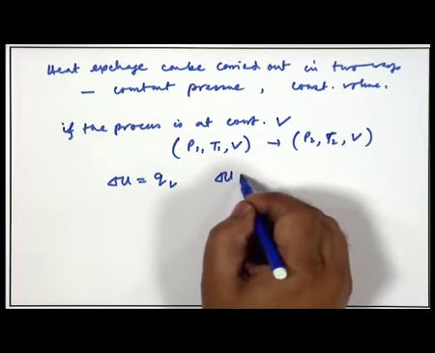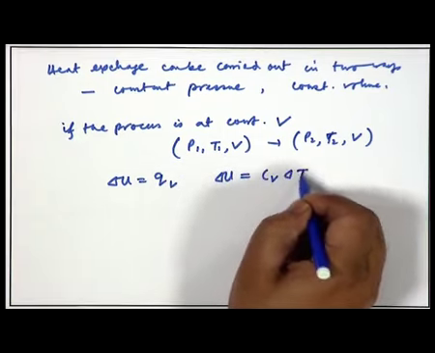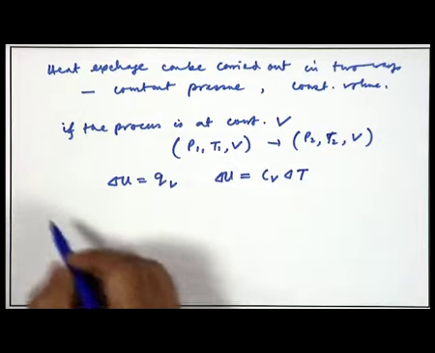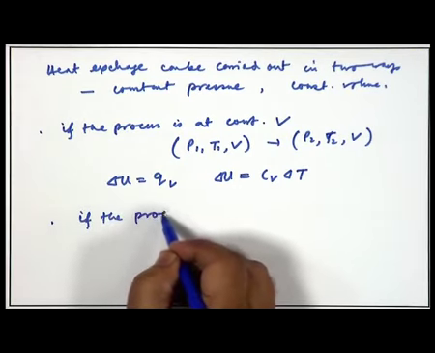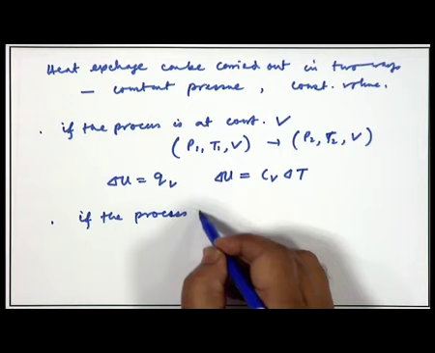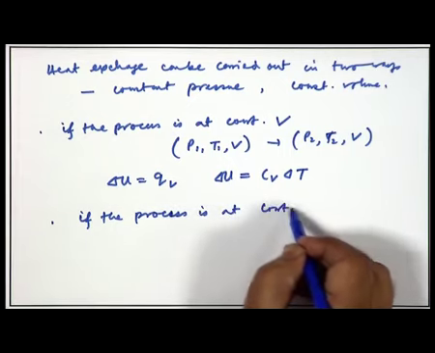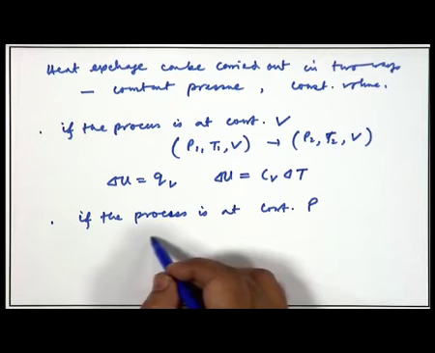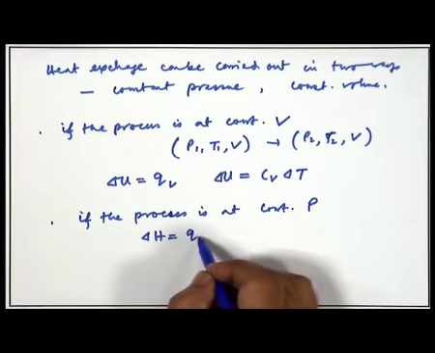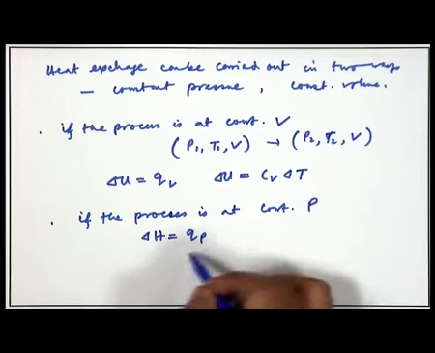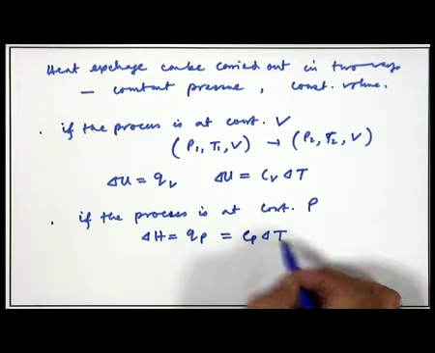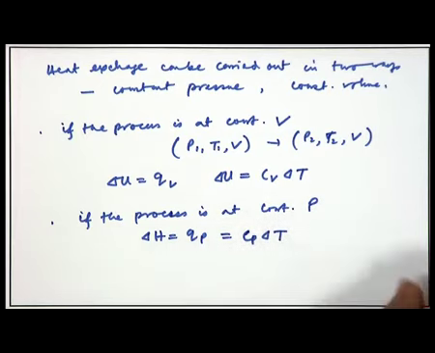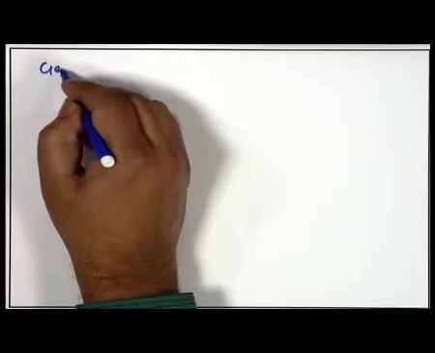So, del U would be given by CV del T. Similarly, if the process of our interest is at constant pressure, as we have seen earlier, then del H is QP. So, del H would be given by Cp del T. But if you have a general case, a general process, where all three are changing,